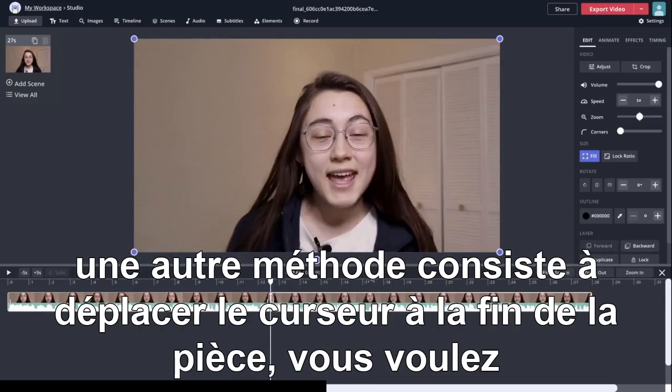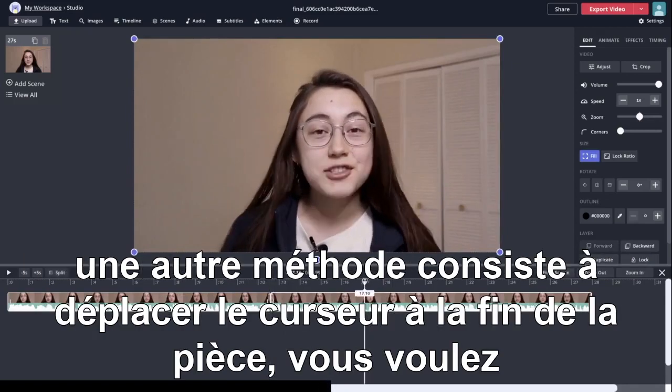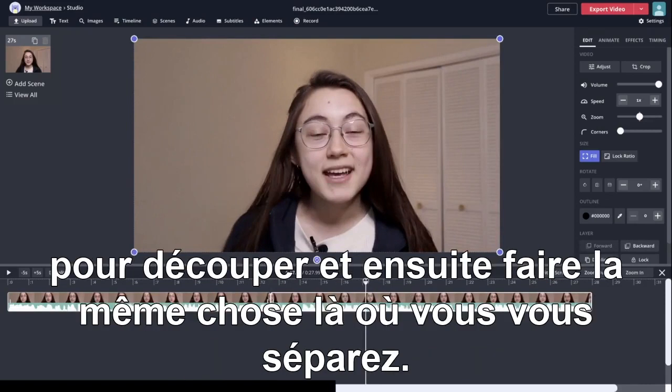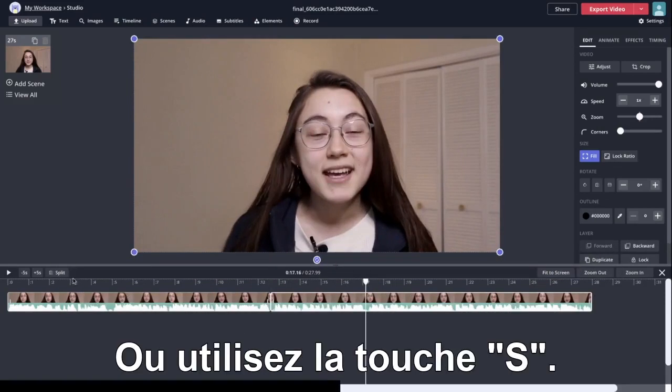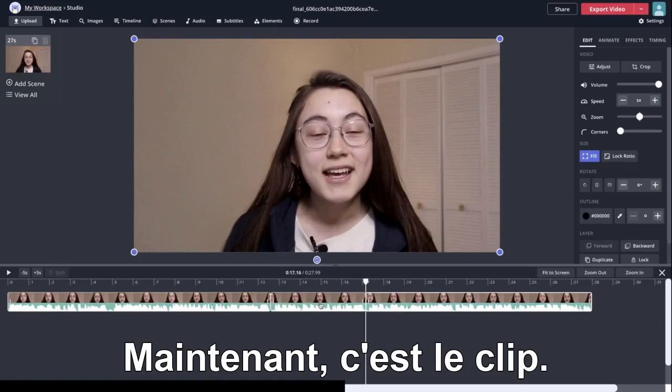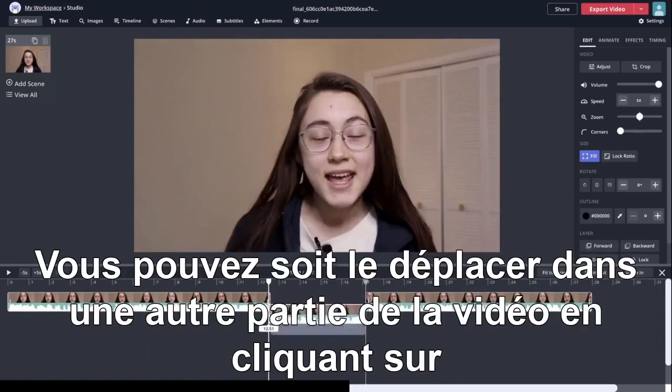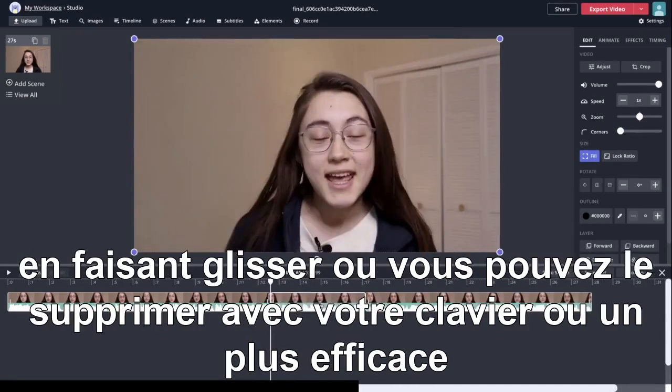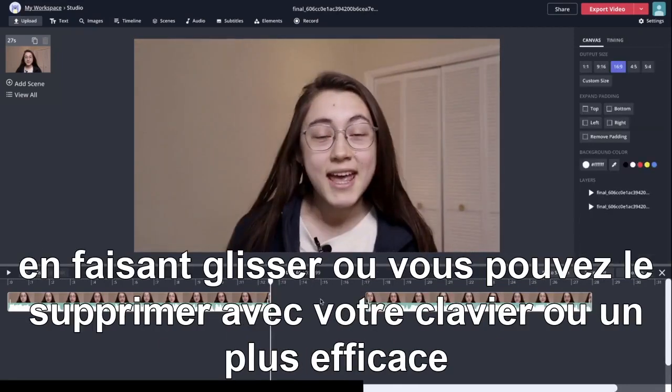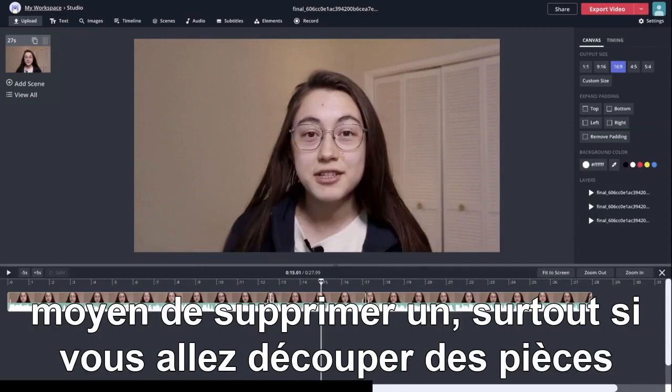Or another method is to move the seeker to the end of the part you want to cut out, and then do the same thing where you split or use the S key. Now, this is the clip you don't want. You can either move it away into another part of the video by clicking and dragging, or you can delete it with your keyboard,